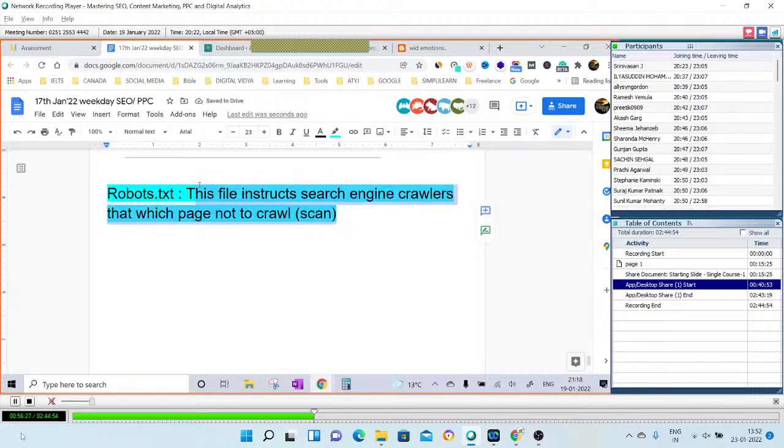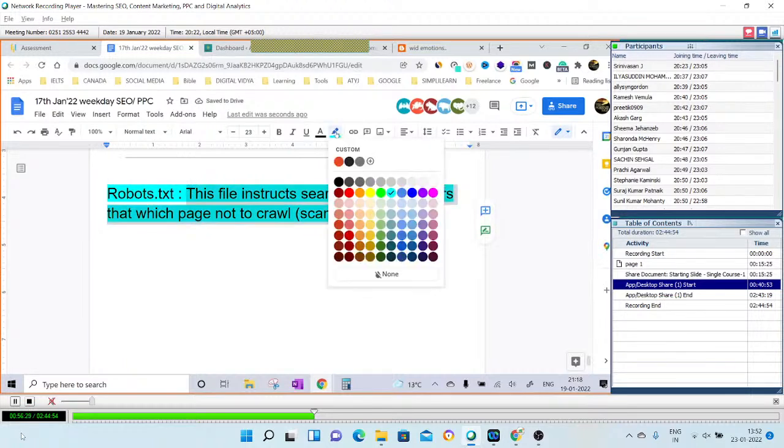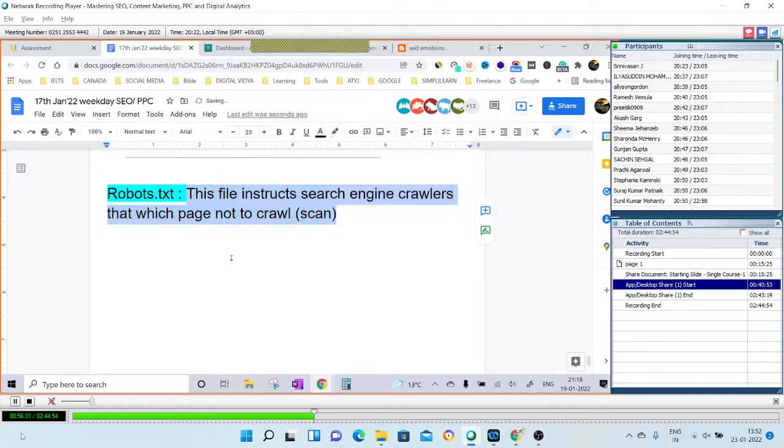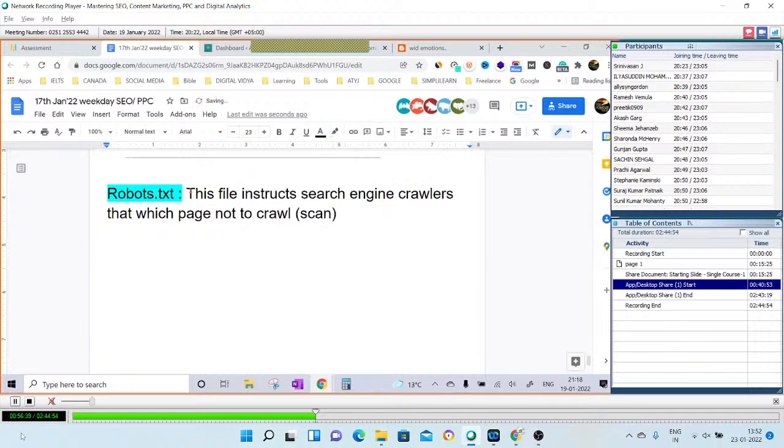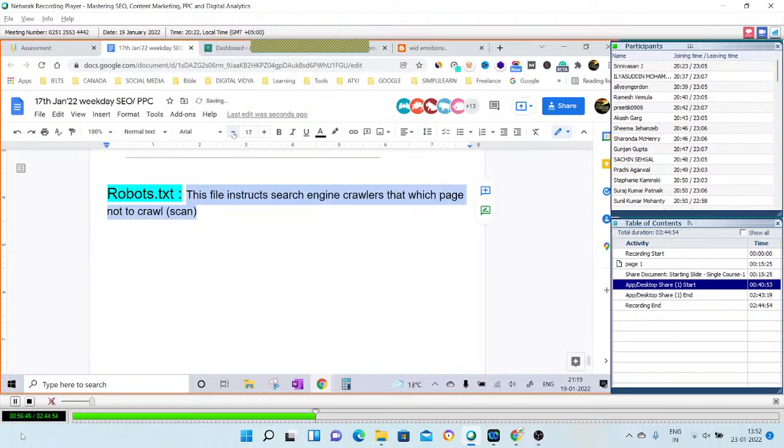Okay, so it is just the opposite of the XML sitemap, because XML is so important. If that file is not given, it is so difficult to find the location. In the same way, if we do not want any page to be seen by the crawler, we don't want that page to come up on Google, so we put that page into this file and we submit it to Google, so that Google doesn't waste time.